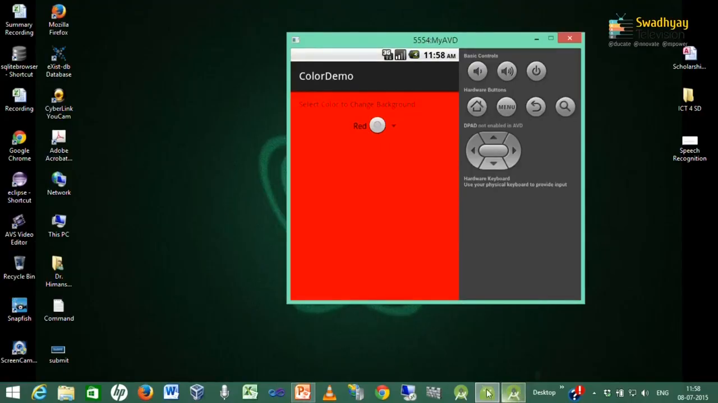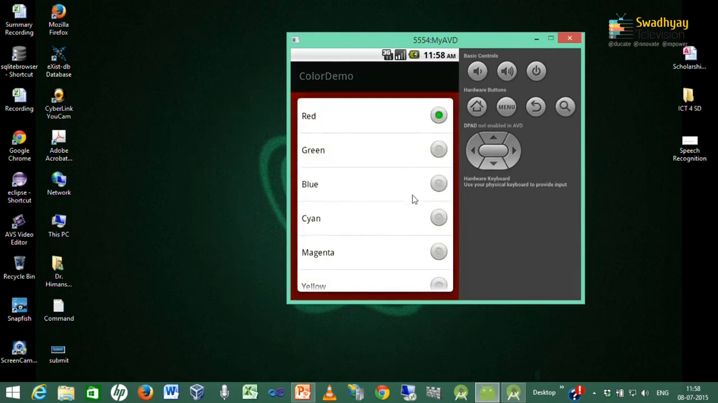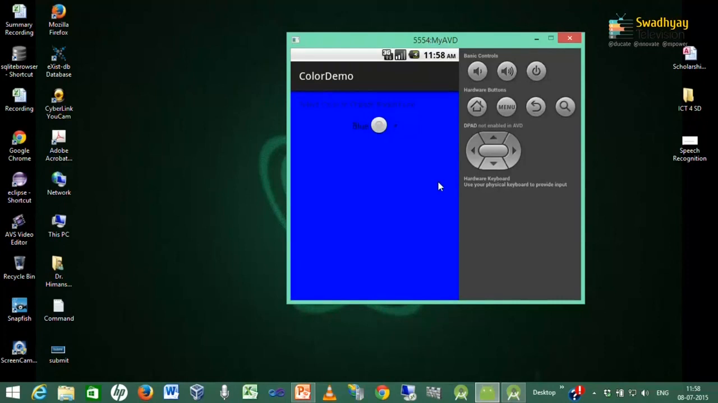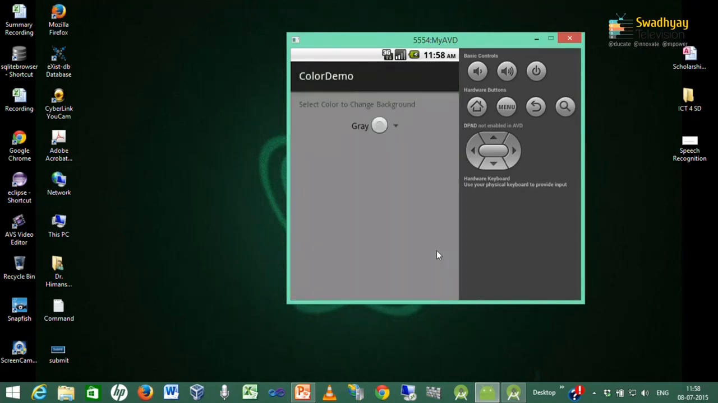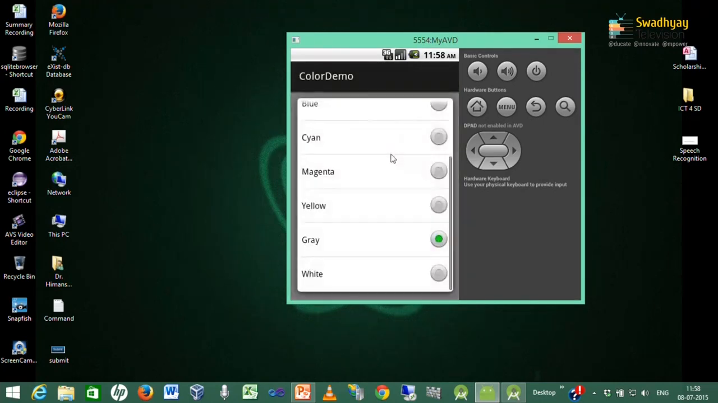Here you can see the first color is red and by default it is selected. So, the relative layout color is changed to red. Now, suppose I select blue, then my background color is changed to blue. So, here what happens is,